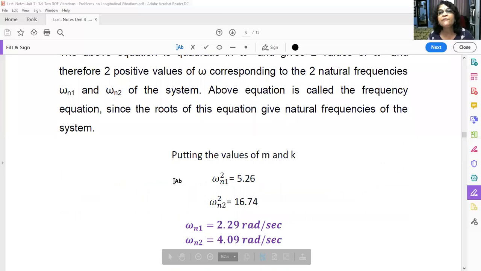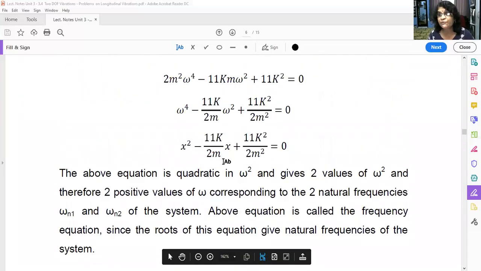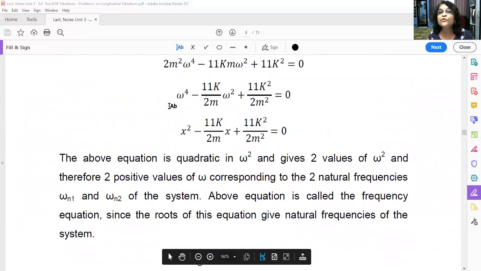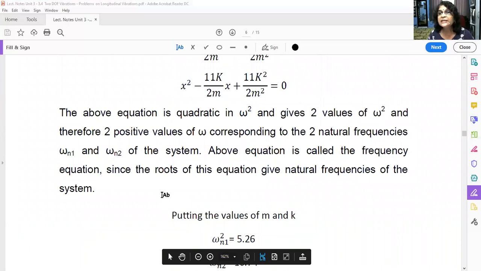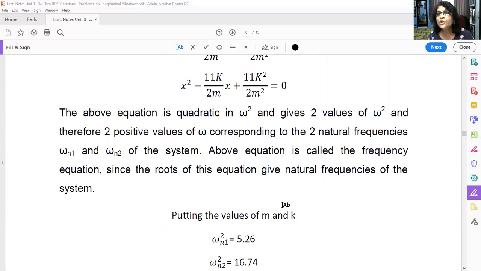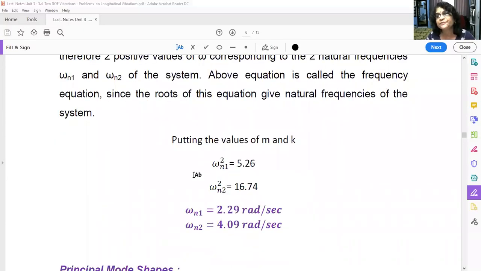So what first value we are getting? Now see, here we have written the equations. That step I have not written here. You have to just simply use the roots. How to find out roots? You know the formula. Roots are equal to minus b plus or minus square root of b square minus 4ac upon 2a. Using this formula and just simplifying, it is very simple algebraic steps. We will get two values.